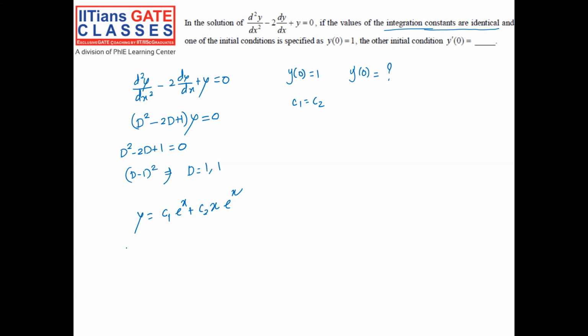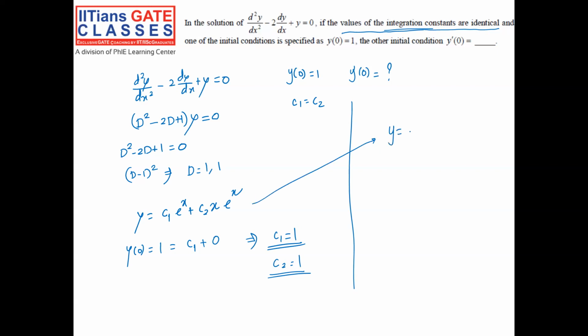They have given the initial condition y of 0 equal to 1. So when you put x equal to 0, we'll get 1 as the value of y. So c1 into 1 plus 0. Hence we can say c1 equal to 1. And they have already told us that the values of the integration constants are identical. It means c2 is also equal to 1, considering the given statement. Now we know c1 and c2. Let's write down the final equation. So this equation can be written as y equal to, we can neglect the C1 part now,